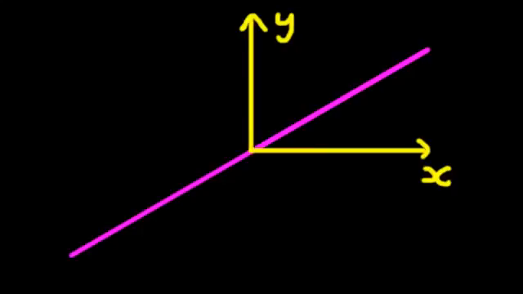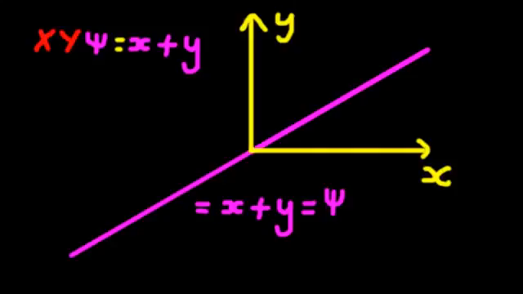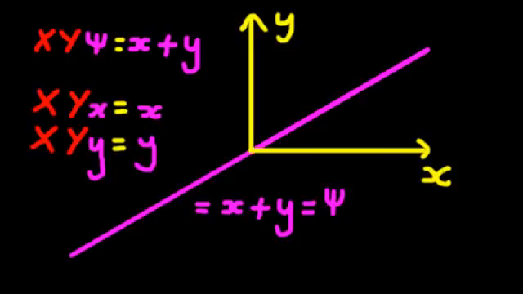In our example, we're going to consider this line. It is at 45 degrees to the x and the y axis, and so it can be written as the sum of both of these directions. What we want is an operator that decomposes the line into how much is in the x-axis and how much is in the y-axis. The two eigenfunctions of this operator being the x and the y direction,